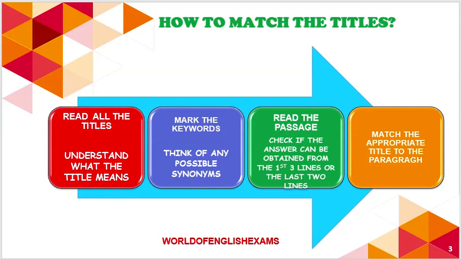The next step is, of course, we are going to read the first 3 lines and the last 2 lines and check if the title is matching. If not, we don't have any other choice but to read the entire passage in certain conditions. Then the last step is to match the appropriate title. So have you understood this? I hope you have. If you did not, please pause the video here